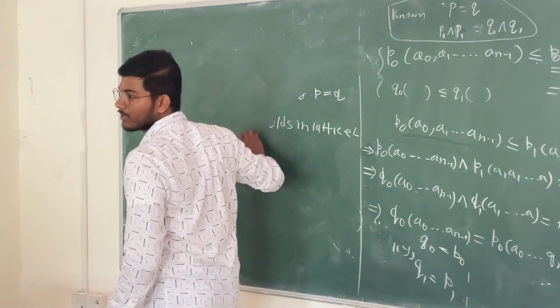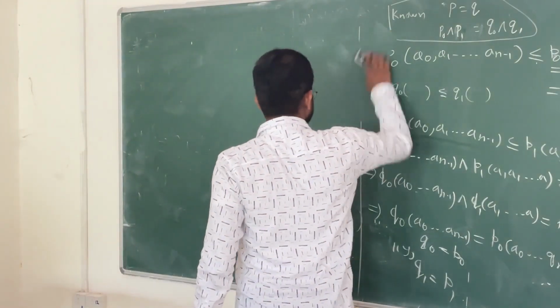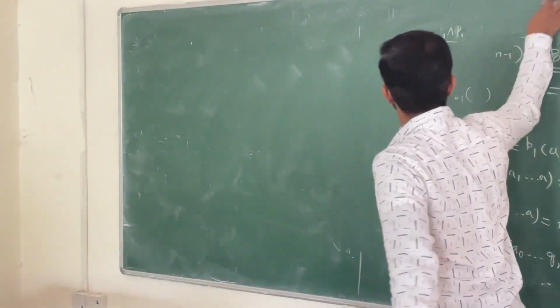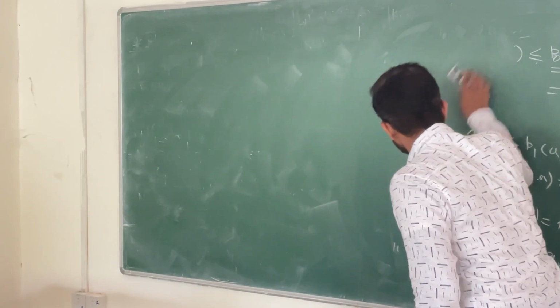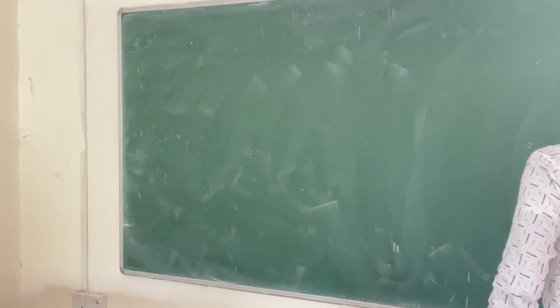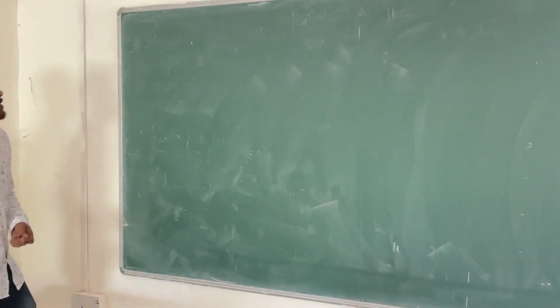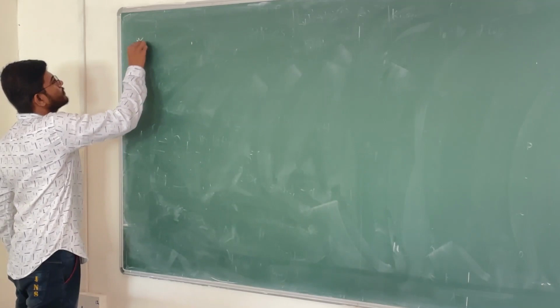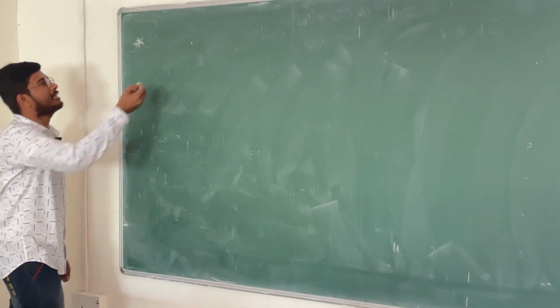Preserve means it holds there also. If you have an identity that is true there, then it is also true there. Okay. So first of all, I will write the statement. Identities are preserved under